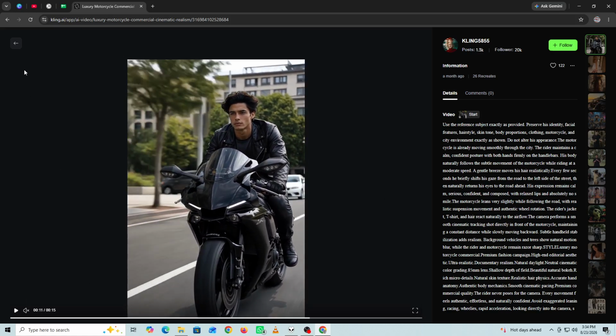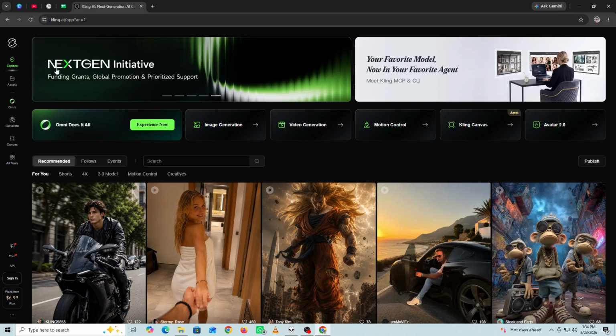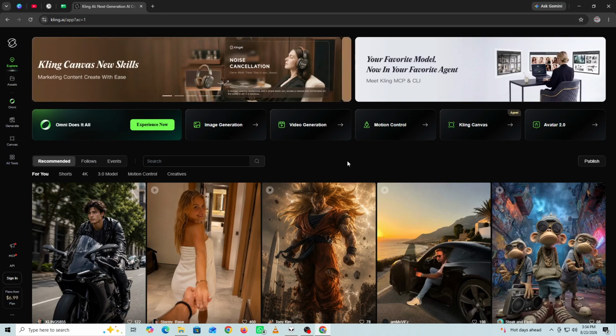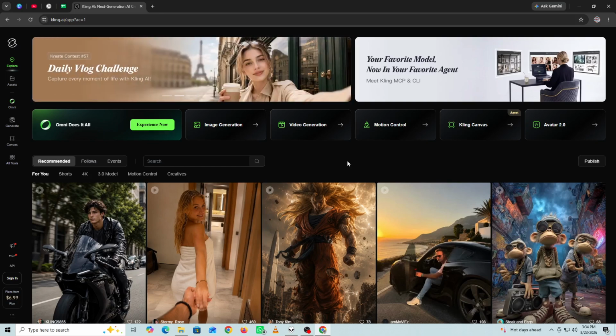Keep the main actions simple and avoid asking for too many complicated movements at once. For action anime scenes, you can create separate clips for running, fighting, jumping, or dramatic camera shots